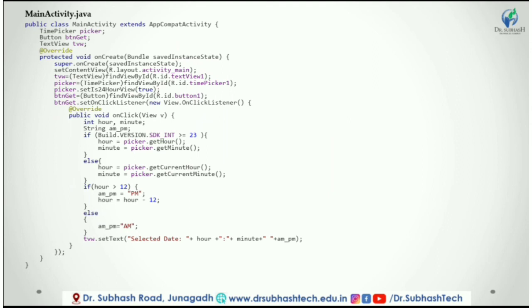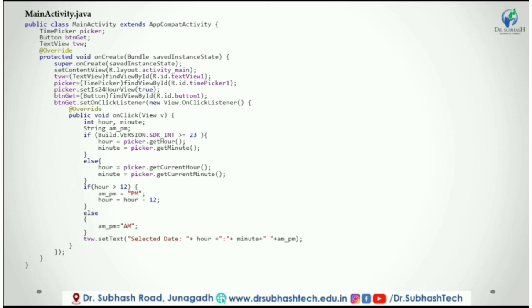Otherwise we have to use getCurrentHour and getCurrentMinute to get the selected hour and minute. If you want to convert to AM PM, then if hour is greater than or equal to 12, AM is equal to PM, hour is equal to hour minus 12, else AM is equal to AM. Then after we have to print the selected hour, minute and AM or PM.